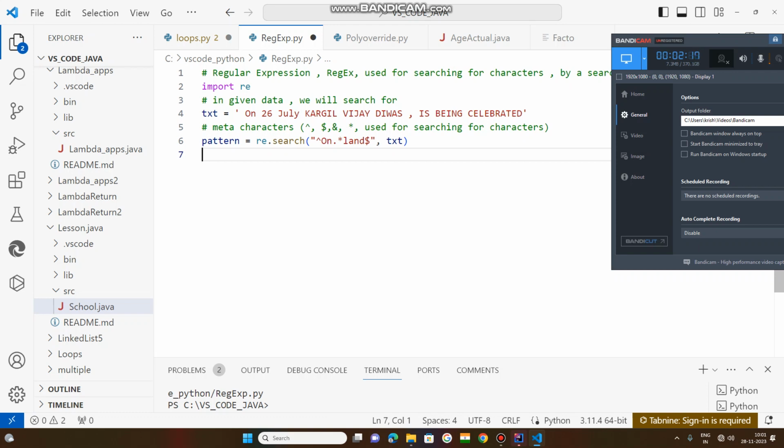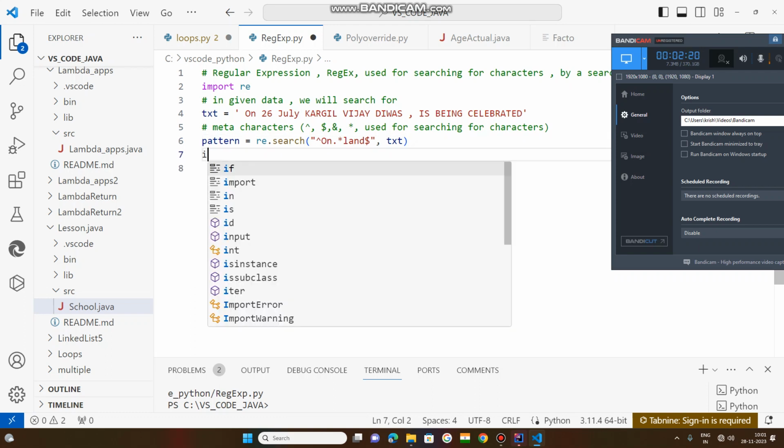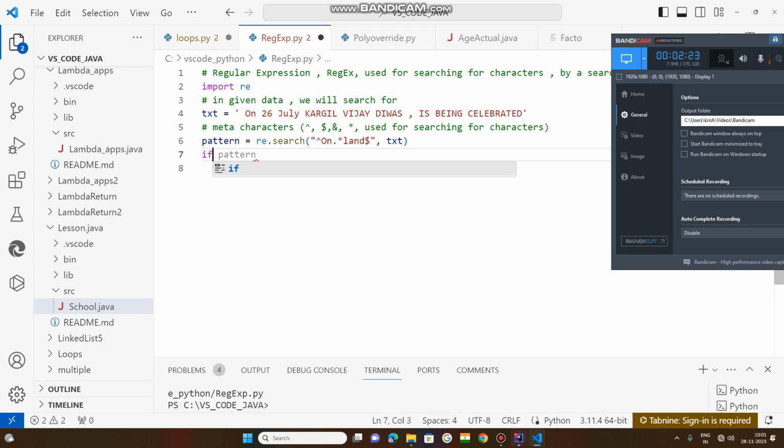after that. I will use an if statement here, an if condition. So if pattern, after that if statement, it is to be terminated with a colon. After it, it is expecting an indented block. Indented block means some space. One tab means 4 spaces. So now print